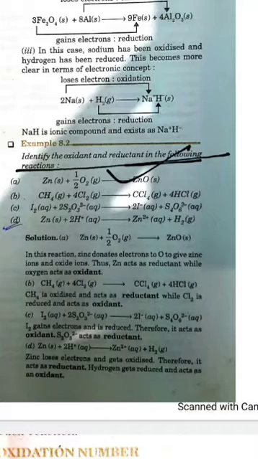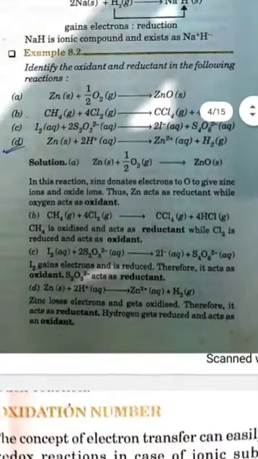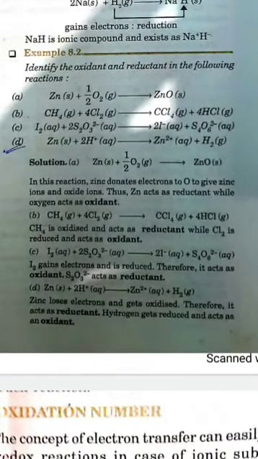Now let me show you the solution of two. Others you can practice on your own, and you should practice on your own. Now as you can see here, zinc was present in its elemental state, meaning it was alone. It didn't have another substance to form a compound. So when a substance is present in its elemental state, you can consider it has a zero oxidation state. Now what is oxidation state? You will study it ahead.